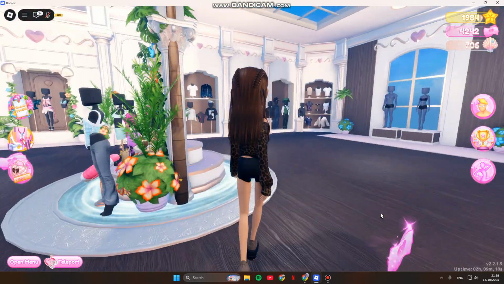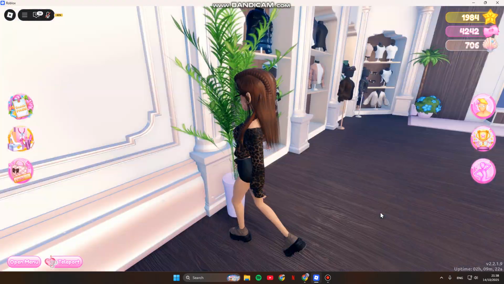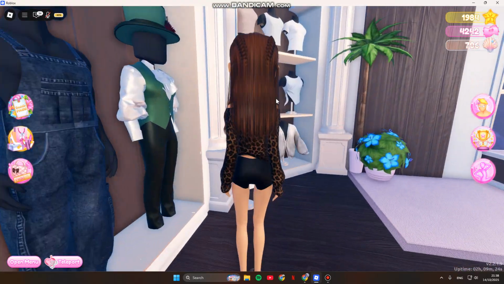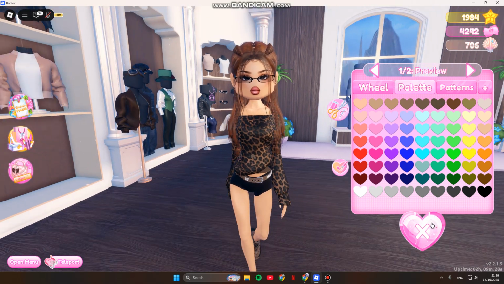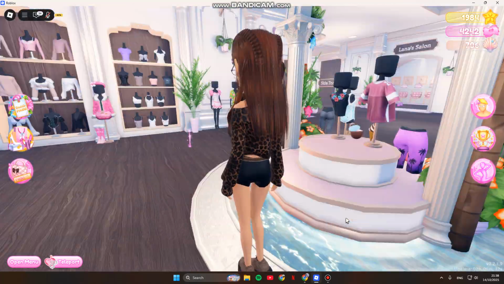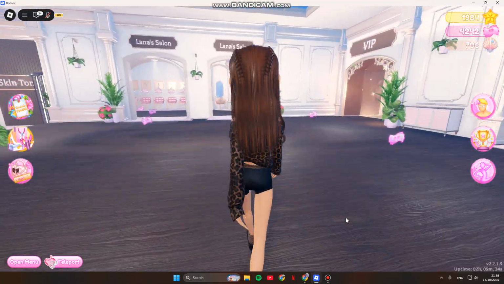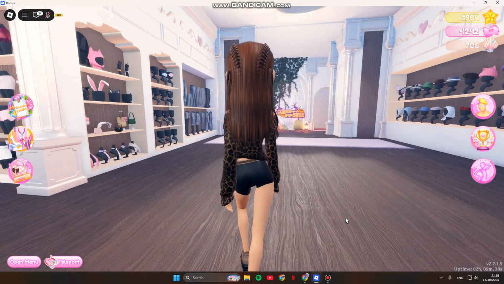Like this, and let me put on this belt in here in a brown color. Now let's put on some more accessories. So for the pants, I'm going to use this